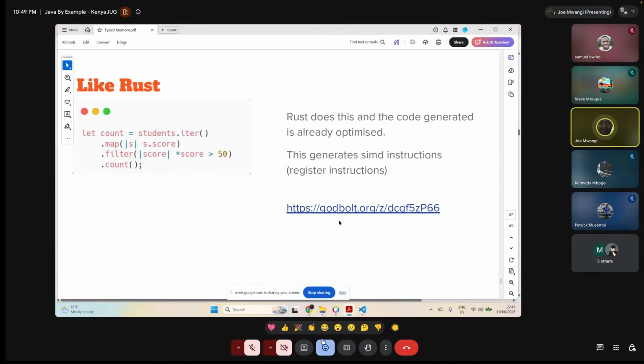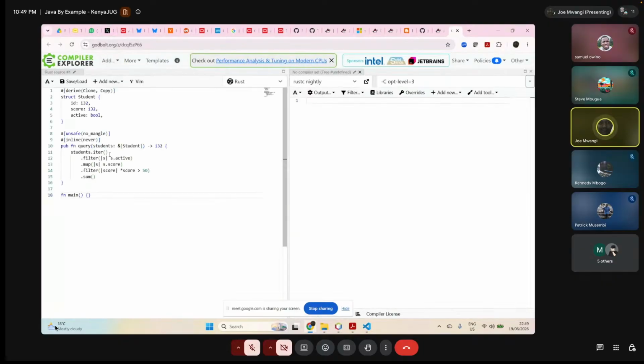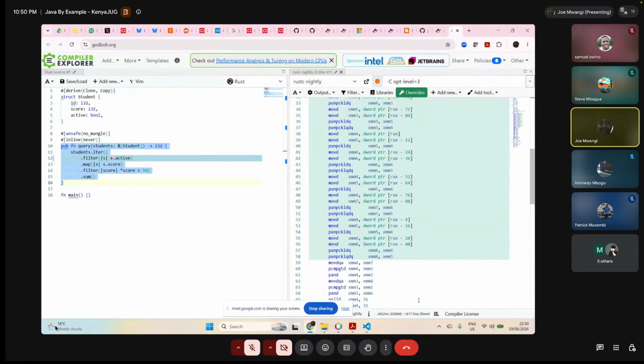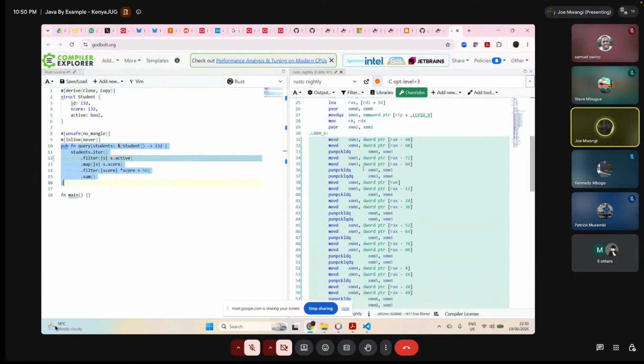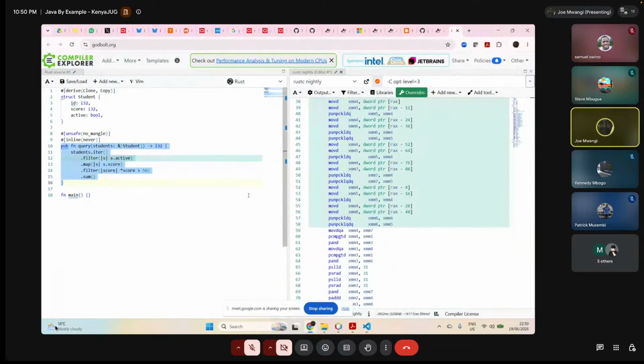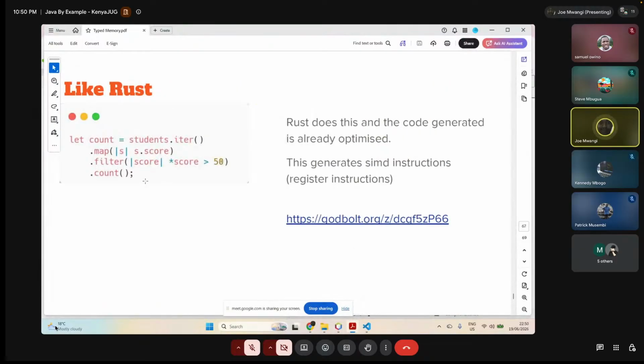In Rust, this is done automatically, so it is optimized completely. For example, this will launch in your bytecode via a system language called Godball. It will compile and then generate very optimized code, stored in CPU registers instead of L1, L2, L3 cache. That's the beauty. That's why the language developers have been asked how they will optimize